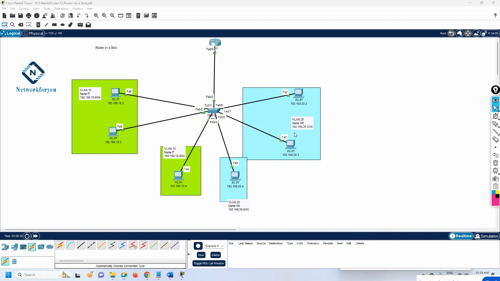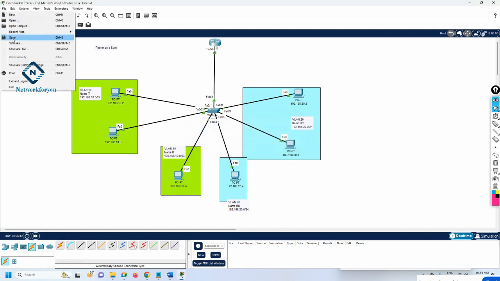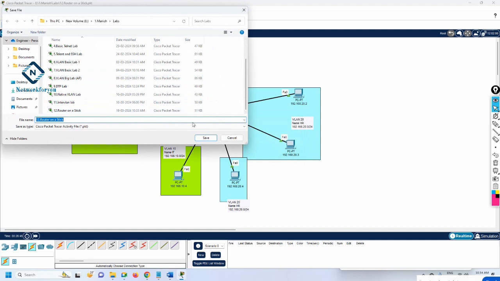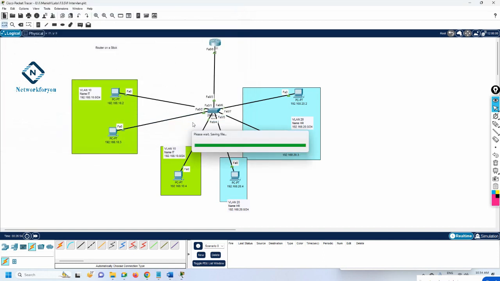Hello everyone, so now we are going to do another lab. We will say SVI, switch virtual interface. So what I will do, I will take the new lab here, or what I can do here, let me save as this one and we can use this one. 13, I will give SVI, Intervlan. So what I will do here,